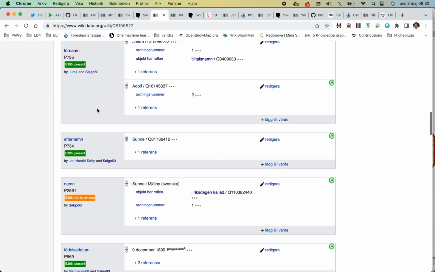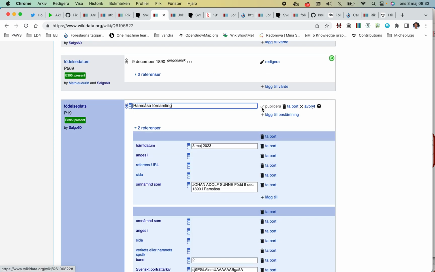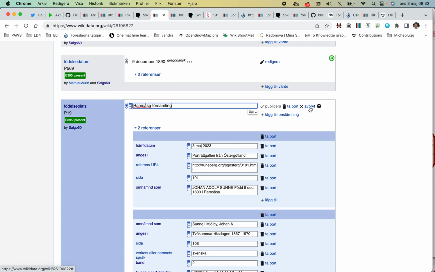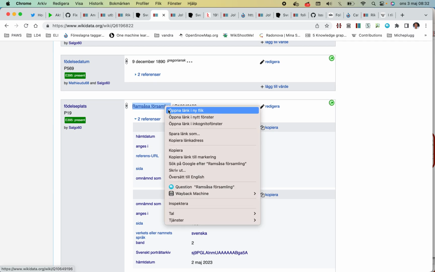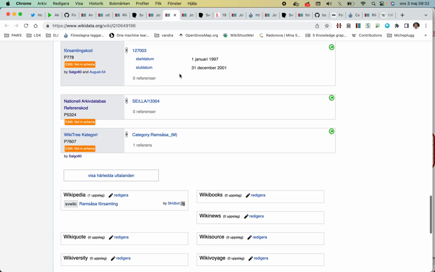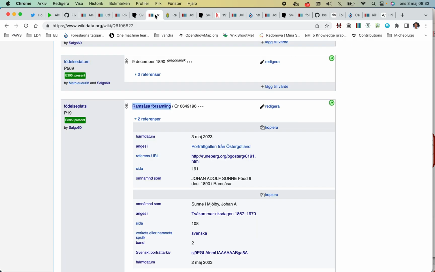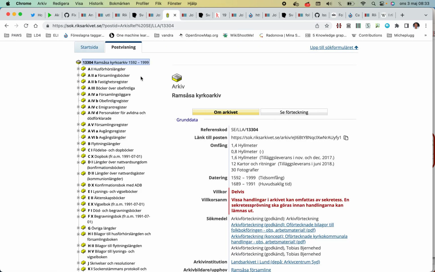As we now have him in Ramsåsa as the birthplace, we could check in the church books. And as we have the church books connected, if I go to Ramsåsa församling, we have also metadata for the församlingar. And this is the National Archives link to the church book. So if I go to the birth, which is C,